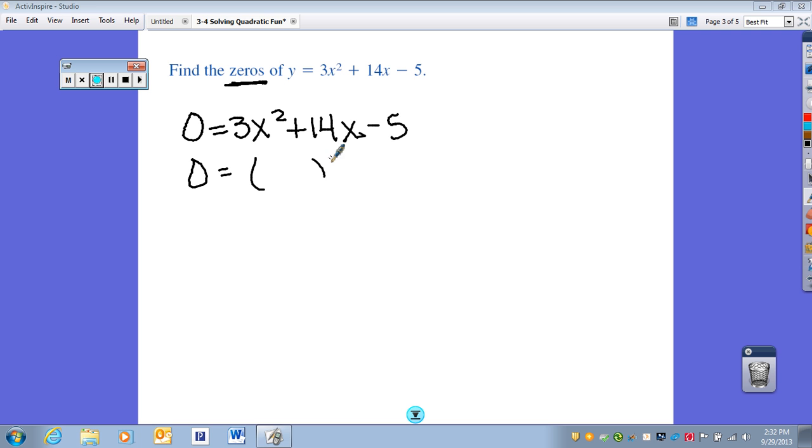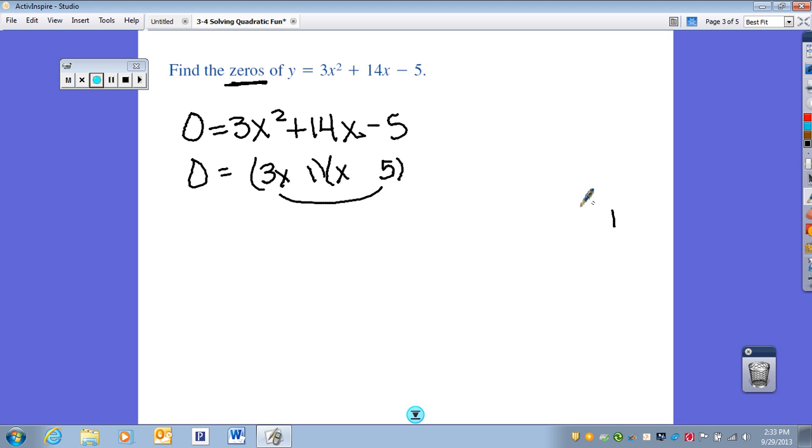So we say to ourselves, what can we multiply together that's going to give us 3x squared? That would be 3x and x. And what can I multiply together that's going to give me 5? 5 and 1. So I have to decide if the 5 should go here or if it should go over here. The reason I'm picking over here is because I want to multiply the 3 times the 5,